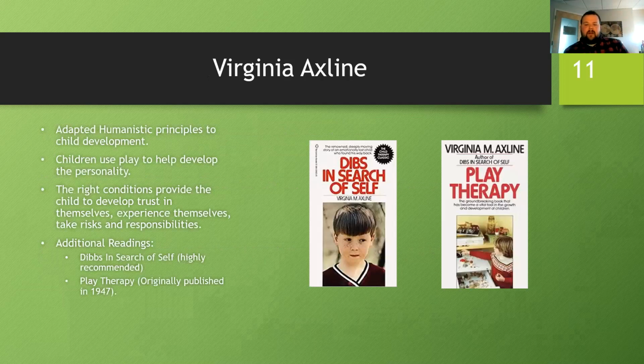Not only is this model for adults, but we see this model more and more being used with children. For example, Virginia Axline was a major pioneer of using these principles to help children. And there's a form of play therapy called child-centered play therapy. I'm sure if anyone's had class with Marianne Peabody, she may have mentioned this before, that this is a very strong evidence-based principle that if we use those core conditions with children, it allows them to grow